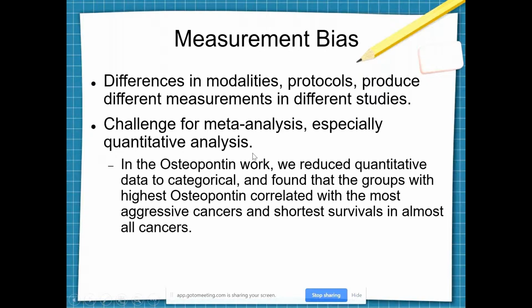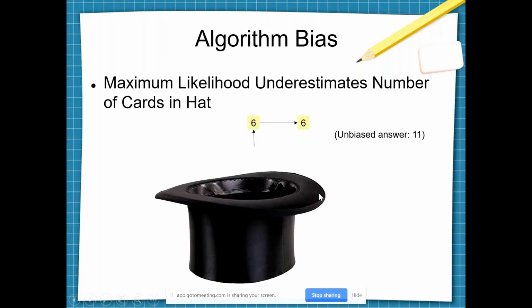Measurement bias, I talked about already, so I'll skip over that. Now algorithm bias: here's my simple result that doesn't have anything to do with medicine. Suppose I have a hat in which I place some cards numbered 1 through n, and I draw one out at random, and the challenge is to estimate how many cards there are in the hat. It turns out that maximum likelihood, which is a popular statistical machine learning method, will always underestimate by almost a factor of 2 the number of